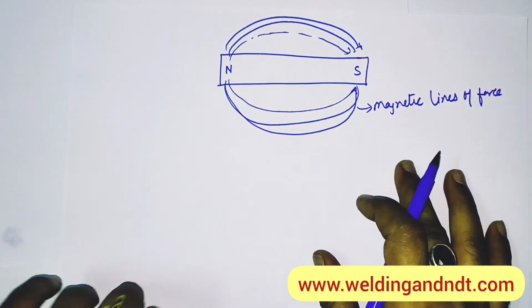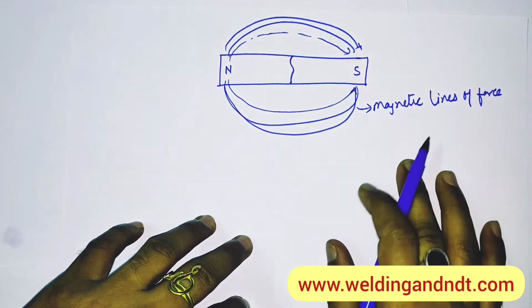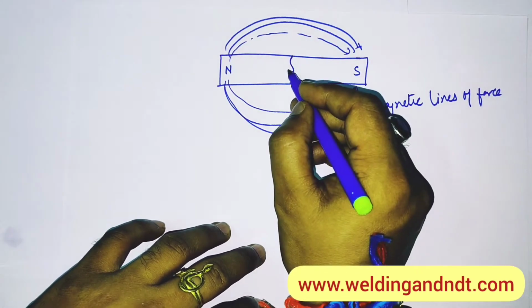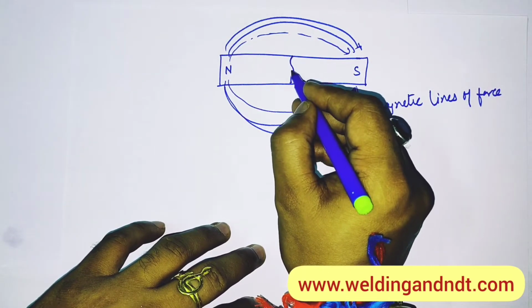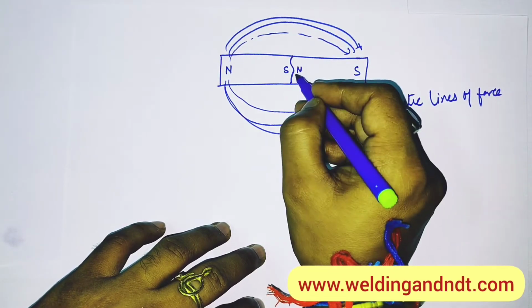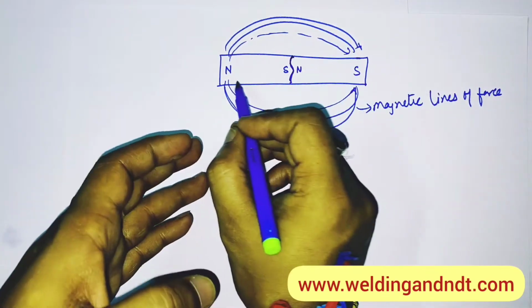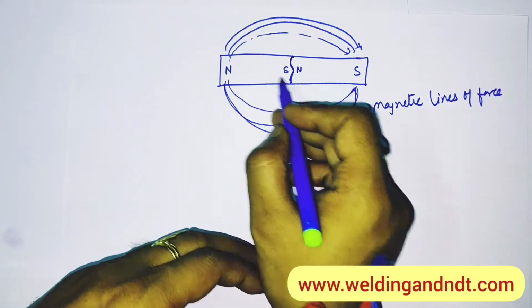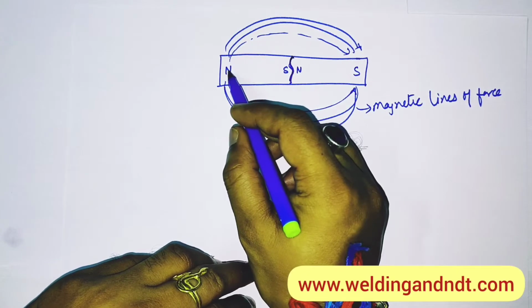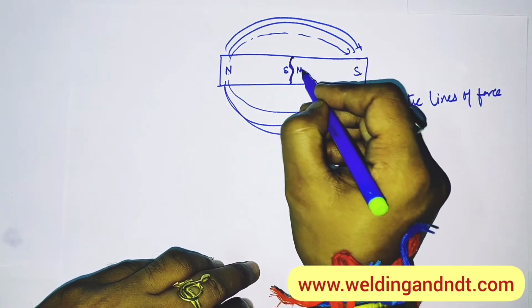Now, what happens if suppose there is a crack on the magnet like this? If we have a crack, then there is a phenomenon in the magnet. At the crack, one more pole is generated, like south and north. So new poles will be generated, meaning this will become two magnets, not a single one, and at the crack there will be one magnet. So here we will have one pole and another pole, and at the crack the poles will also be shifted.